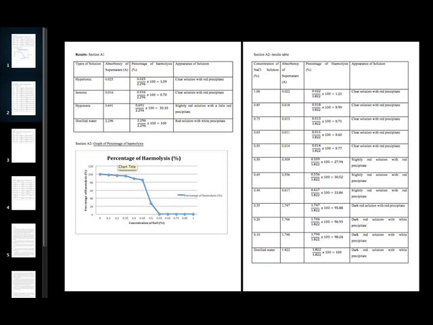Hypotonic solution is similar to the positive control, except that there is solute inside. The concentration of water in the solution is higher than that in the red blood cells, so there is a net movement of water molecules from the solution into the red blood cells. Hemoglobin leaks into the surrounding fluid and turns the supernatant slightly red. Red precipitate is seen at the bottom of the test tube, indicating only some of the hemoglobin escaped into the solution and some of it still remains in the red blood cells. Since the concentration of water is less than that of the distilled water, there is no complete loss of hemoglobin